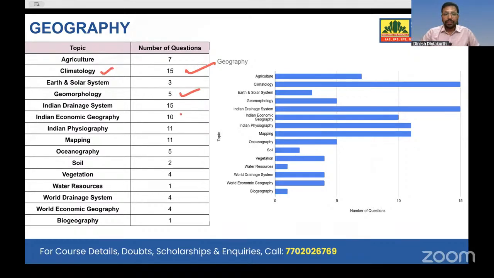But look at here, Indian drainage system. This is also one more interesting aspect where UPSC asks questions. There are so many rivers in India that many of you or me don't know, maybe a subsidiary river in Northeast India. Now there is a question which was asked: the Musi River, which flows through Hyderabad, is a sub-tributary of which river? Godavari, Krishna, Tungabhadra, they have asked it.